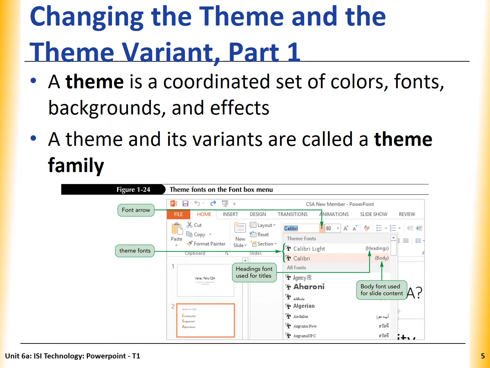Changing the theme and the theme variant or layout. A theme is a coordinated set of colors, fonts, backgrounds, and effects. A theme and its variants are called the theme family. So here, if you can remember, we have the font type, right? These are the heading font used in the title heading. This is the body font used for slide content. Here we have the font arrow to choose from different types or styles in fonts, and here are the theme fonts. Okay,